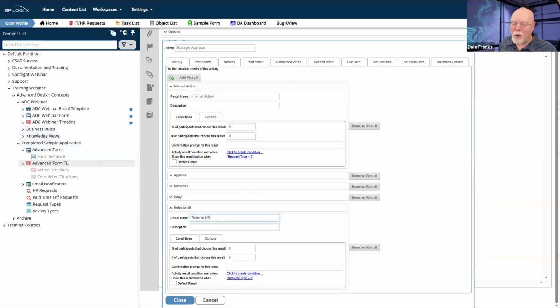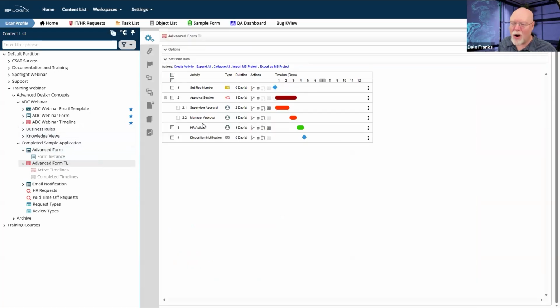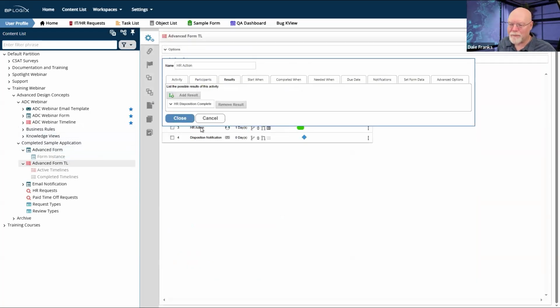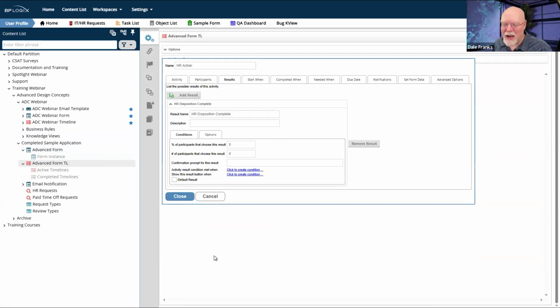If we go past that to HR action, HR doesn't have too many buttons. They have HR disposition complete because no matter what happens, HR is going to have to do their thing. It's always going to go to HR, and they're always going to have to do their disposition.